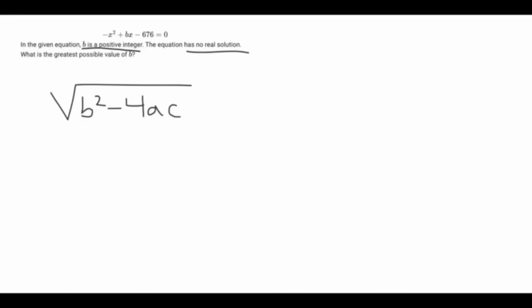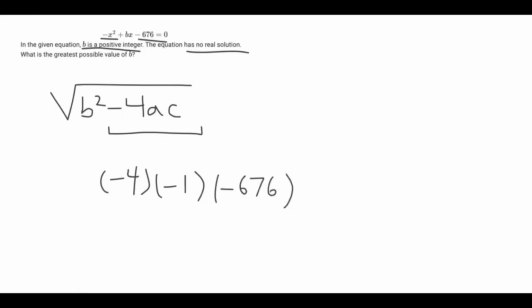So in order for us to calculate this, we just need to know what this part right here, the negative 4 times a times c, is equivalent to, and then just find a b value that is less than that, but the greatest possible value. I'll show you how to do that. So let's first calculate negative 4 times a, we know our a value is negative 1, times c, our c value is negative 676. And this will give us a value of negative